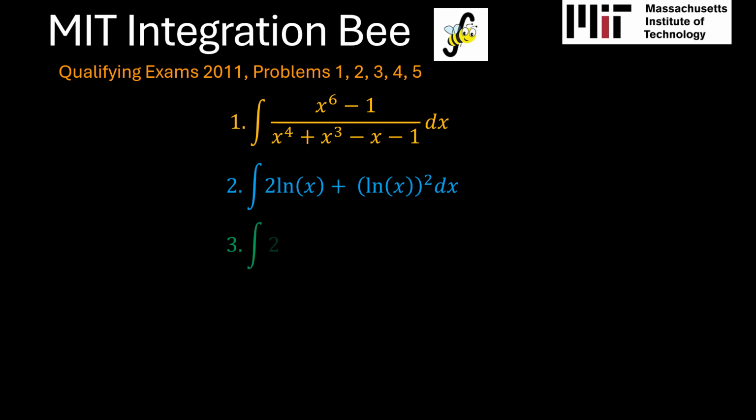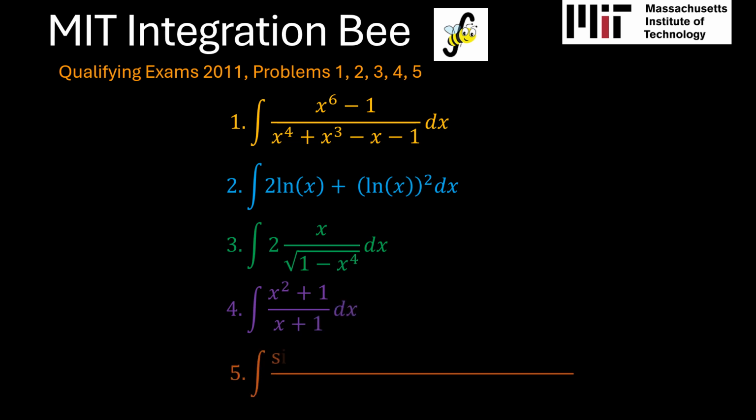Problem 3 is also an indefinite integral of twice x over square root of 1 minus x to the power 4. Problem 4 is the indefinite integral of x squared plus 1 over x plus 1. And problem 5 is the indefinite integral of the cube of sine x plus square of sine x minus 2 sine x minus 2 over sine x